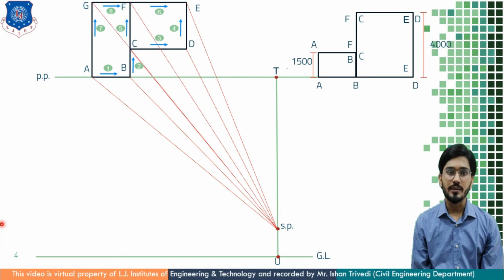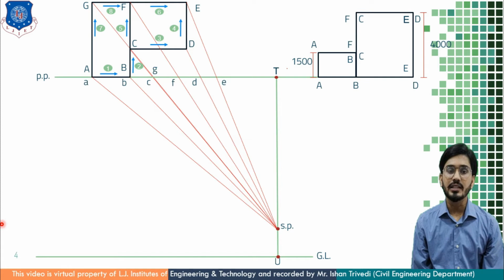In a similar way, B point, C point, D, E, F, G. In my case, C and G line are merging. This would vary from case to case. Even in your drawing, there will be difference in these lines. But here C and G line are the same line, and the C and G points are merging. So that representative line is only one line.